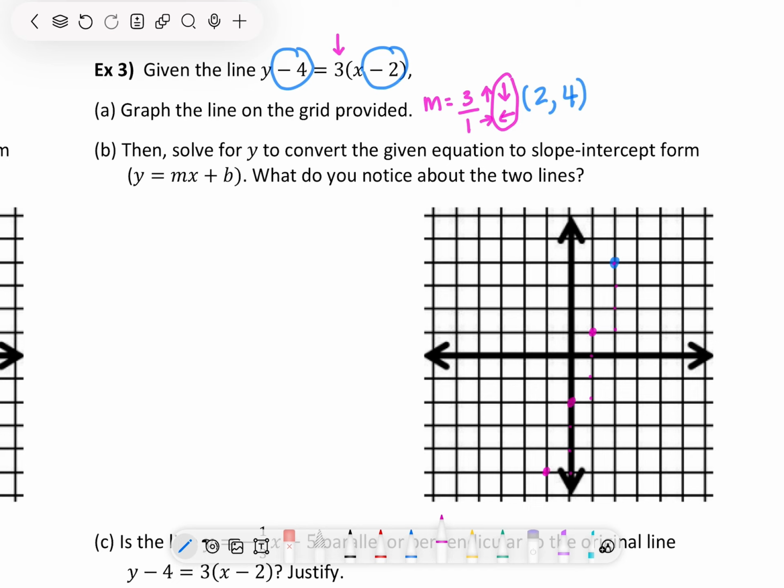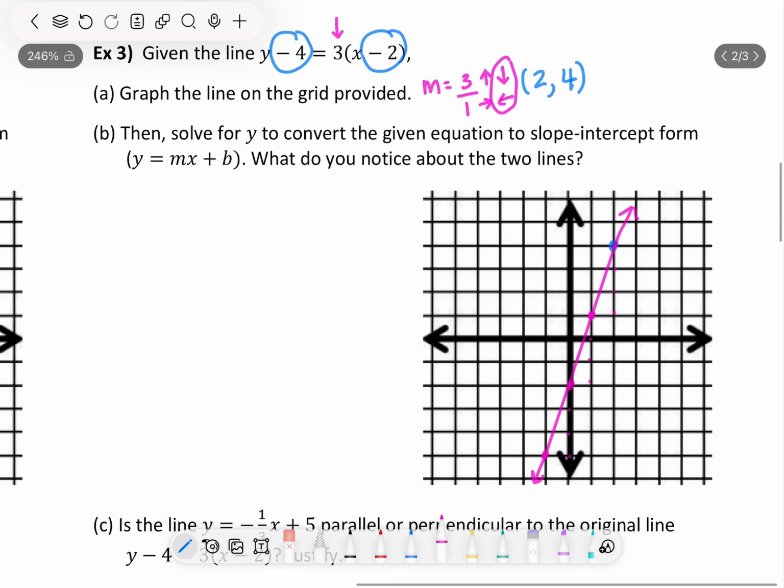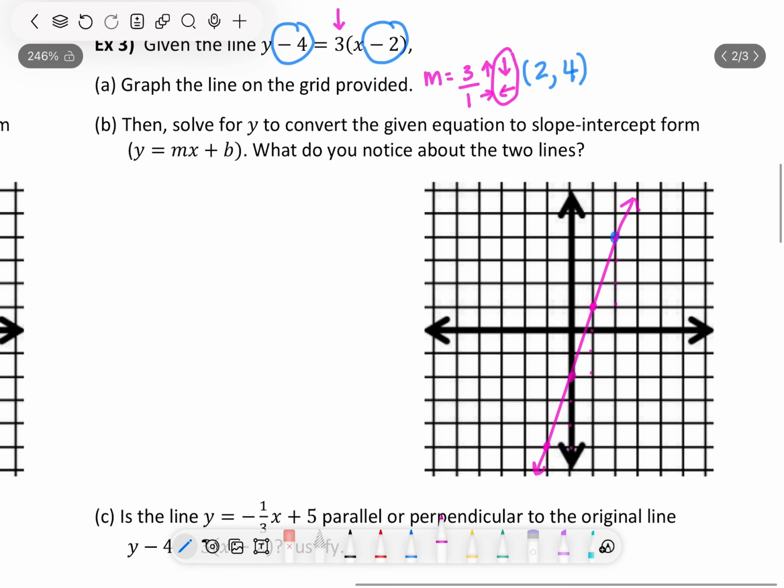Make sure after you draw this line that it still has a positive slope. Okay, keep yourself from making any mistakes there. Make sure it still has a positive slope. Okay, there's our line. For part B, it says, then solve for y to convert the given equation to slope-intercept